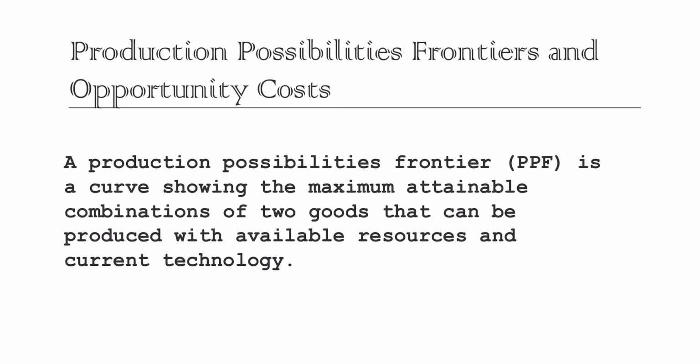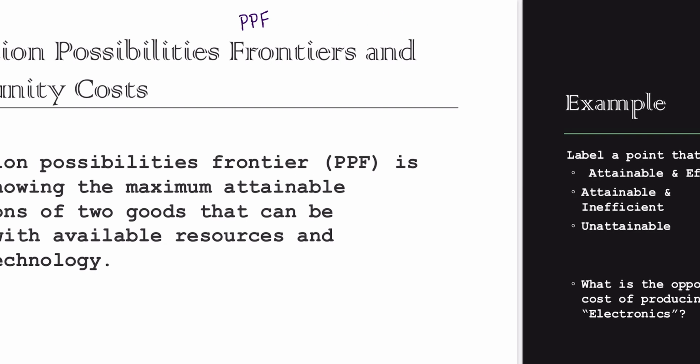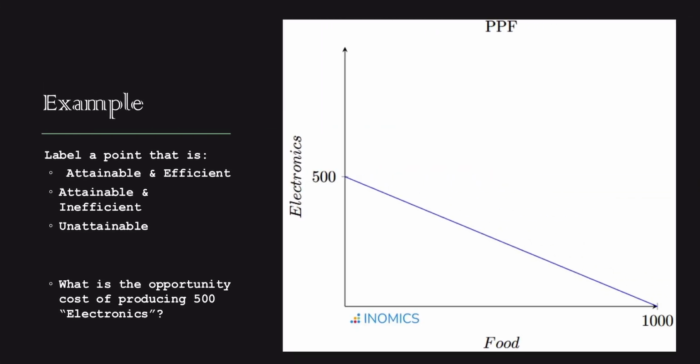So a production possibilities frontier, or a PPF, displays all of the opportunity costs that can be obtained by looking at different combinations of producing two different goods. And the way that they look is something like this. And if we look at this PPF, we can see that this economy can either produce 500 electronics or 1,000 foods. Every single point on this line, right here,